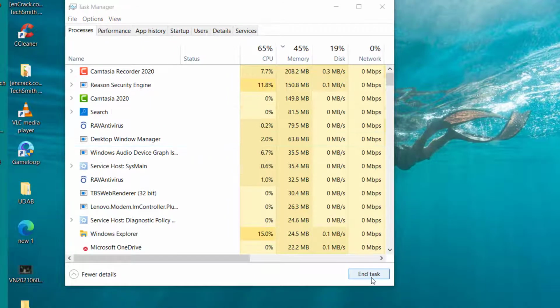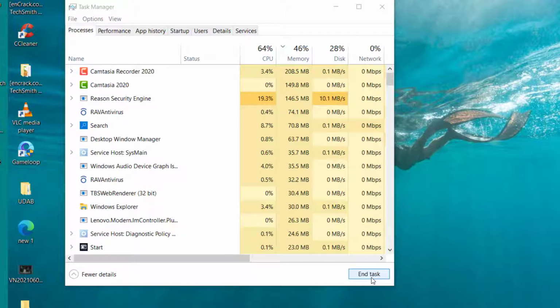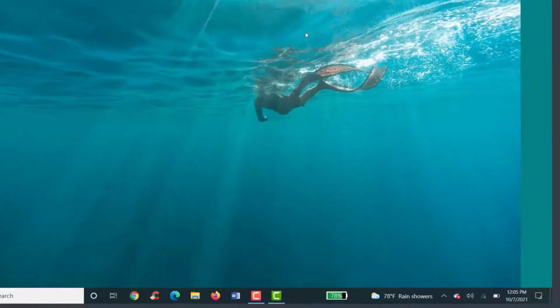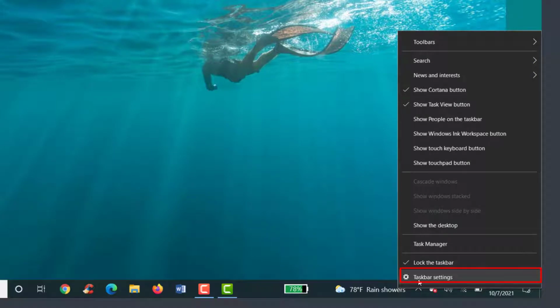corner. So you can see that it's being refreshed and it's all being restarted so that it can fix all of the missing icons from our Windows 10. As you end up finding your Wi-Fi icon on your Windows 10, you can click on End Task on the right corner. Now, the second method is again to right click on this taskbar, click on taskbar settings on the bottom,